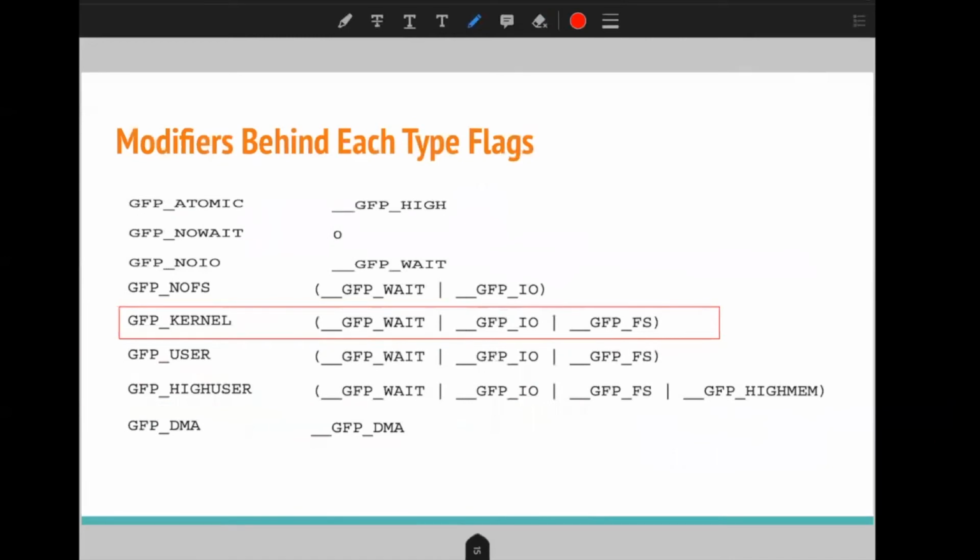Let's see what this GFP_KERNEL flag consists of, because it is most important. Here you can see that it is a combination of three flags. First, it says that our allocator can sleep, that it can also start disk IO, and that while allocating, it can also start file system IO. There is a difference between file system IO and disk IO. When we access memory directly from the disk, that is called disk IO.